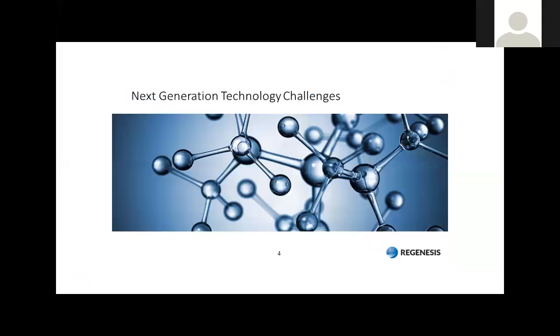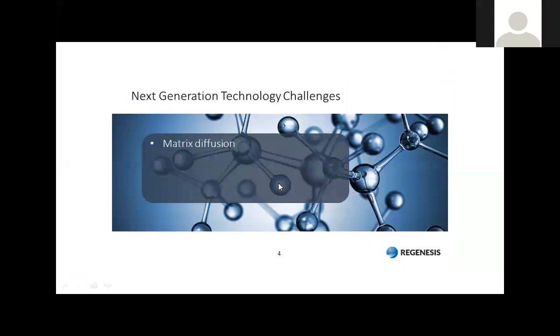Next slide. Doing this for 20 years, we're looking at some of the challenges. It's a fairly mature industry, and a lot of the sites that are left are pretty complex sites. So what we saw is issues related to matrix back diffusion, rebound, the migration of these plumes, the overall risk associated with the plumes. And then, with bioremediation for groundwater, it takes time. So we developed...